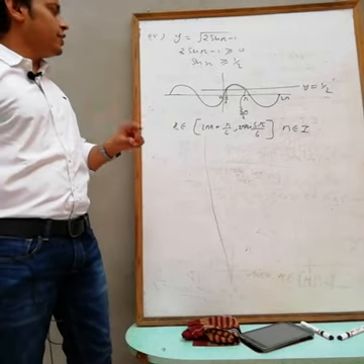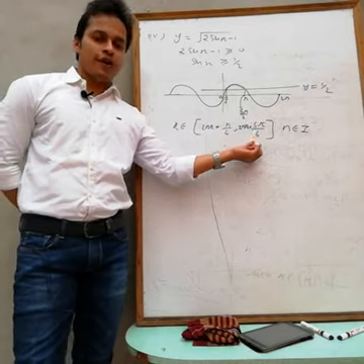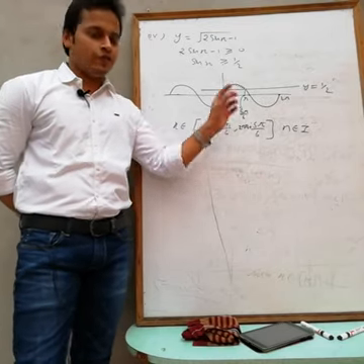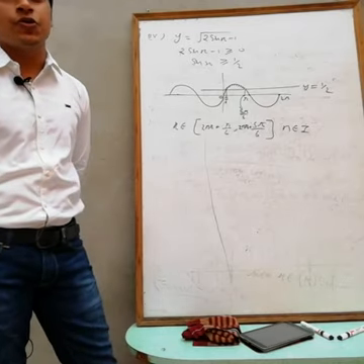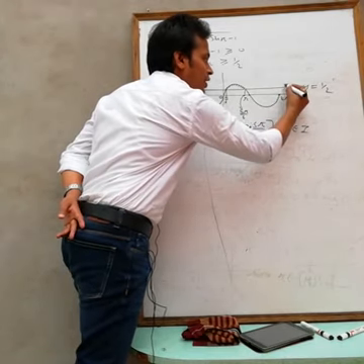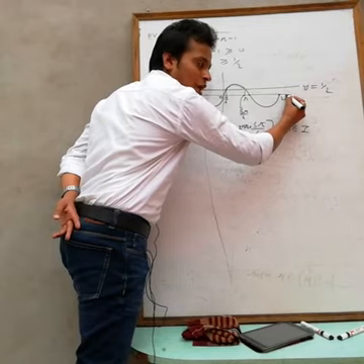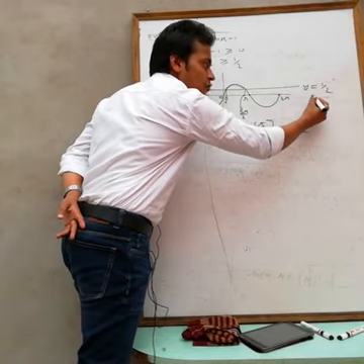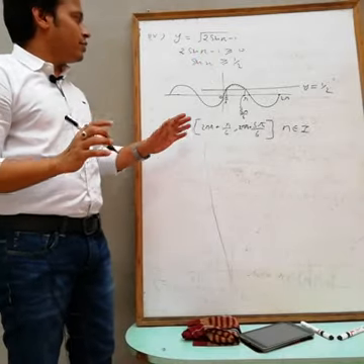Now see, actually now I can prove. If you put n equals to 0, what are we getting? Pi by 6 to 5 pi by 6, these values. Now put n equals to 1, what are we getting? 2 pi plus pi by 6 to 2 pi plus 5 pi by 6. If you move forward, then here again you will get values greater than or equal to 1 by 2. This is the value 2 pi plus pi by 6 and this one is 2 pi plus 5 pi by 6. Like this. So this is the complete solution.